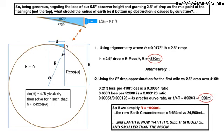So as an approximation again, you get something like 990 miles. We can average some of these methods together, and you can say that roughly we should be standing on a globe with a radius of about 900 miles. We're just going to use it as an approximation. So our new Earth circumference is